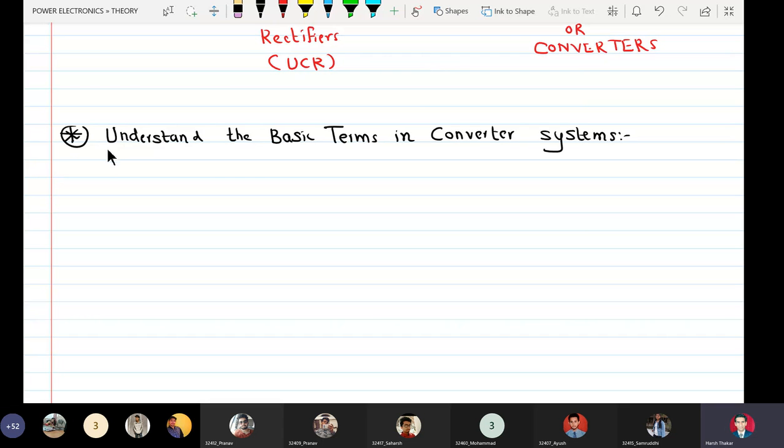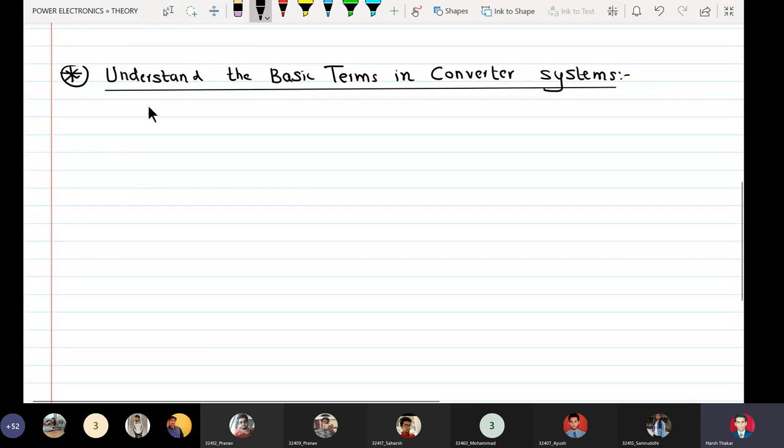Some of you may feel that it is a revision, but I feel that for some students this revision is essential because we tend to forget the basics. The first term which comes in converter systems is called